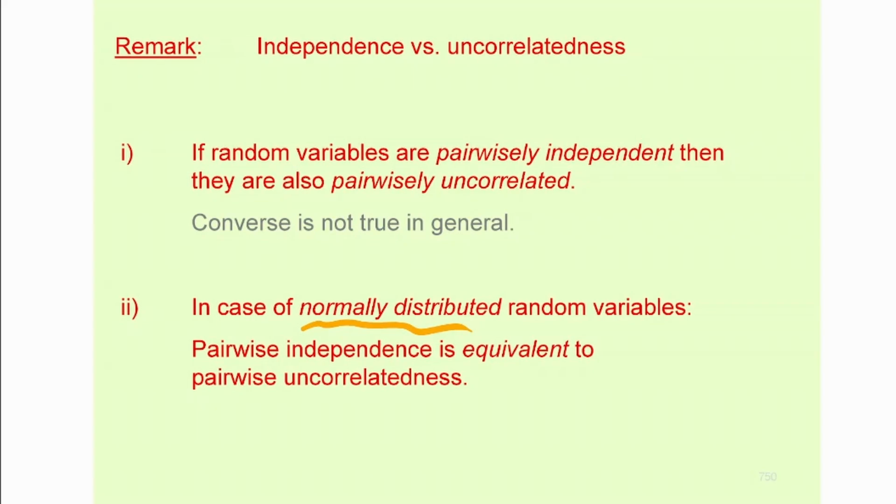Sometimes noises are assumed to be normal. You know that basically when you're looking at regression models. And one of the reasons is because, again, in the case of normal random variables, independence is going to be equivalent to uncorrelatedness. Okay, that's an exception, by the way. So keep that in mind.